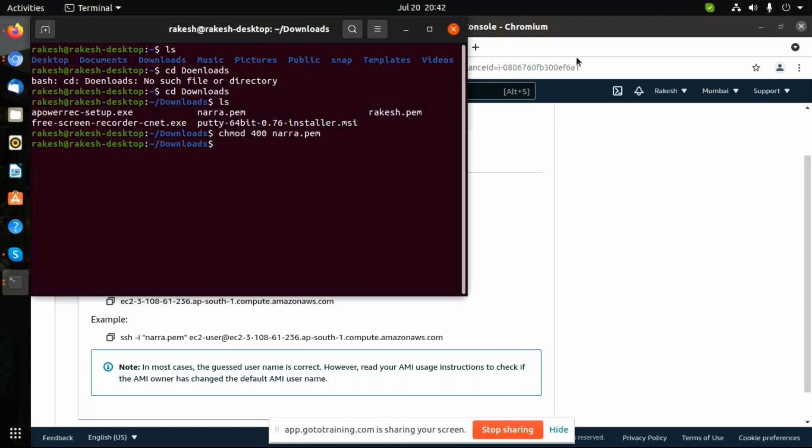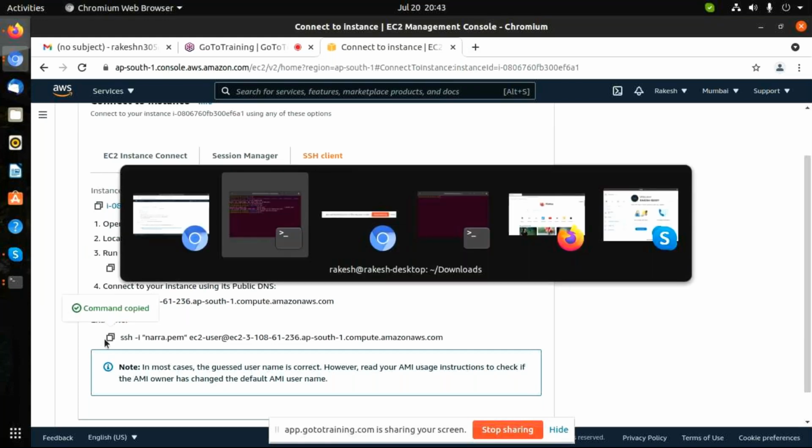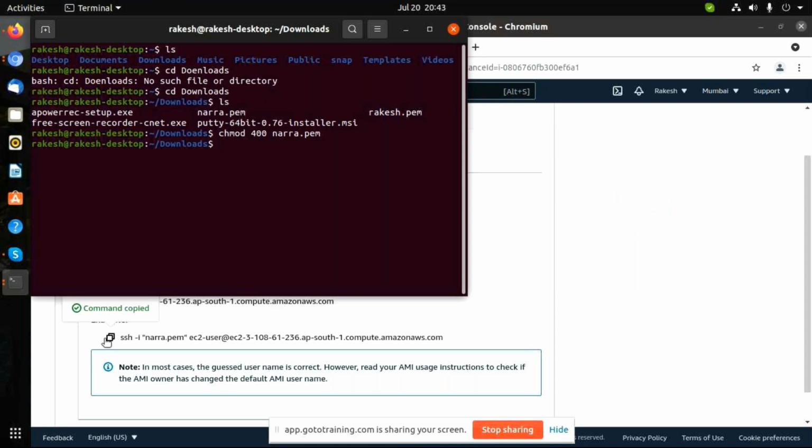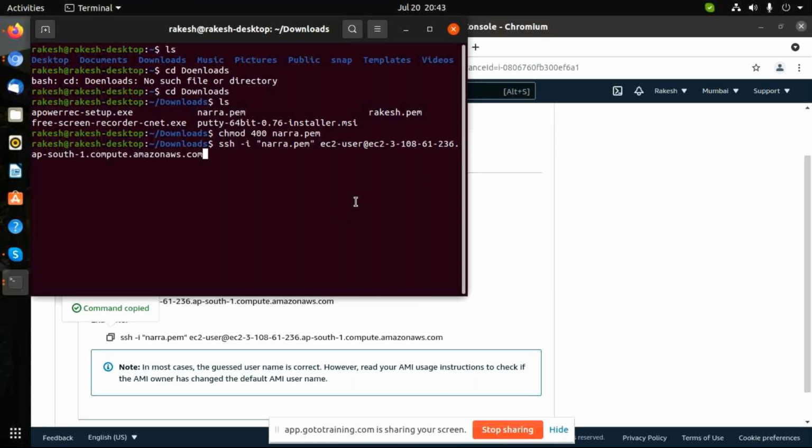Okay, now come down. The last example command is there, right? Yes, this command, copy that. So you need not generate a PPK key, guys. Okay, now directly press enter.